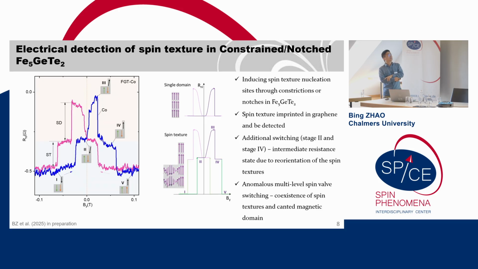So there we can see some spin textures from the literature. We have a schematic here. It can be like this. Basically, they compensate each other if the field is around 0, which means when the field is 0, it's like a middle state minus 0. But when you apply a larger field, you can align everything in the same direction. So you can go to another low resistance state. So in this work, we show that very possibly we have both normal single domain